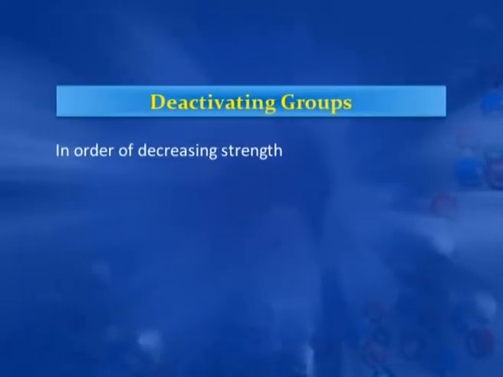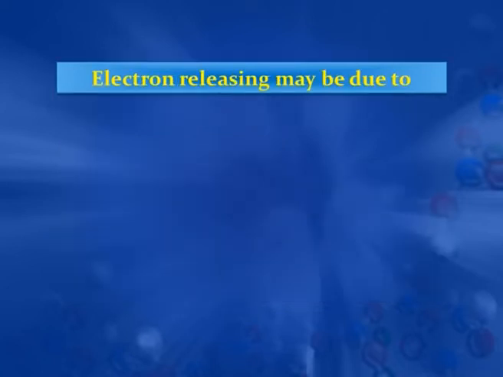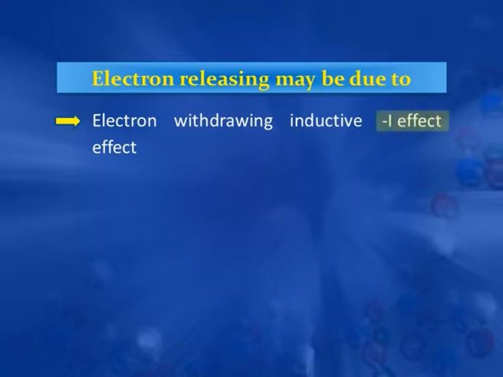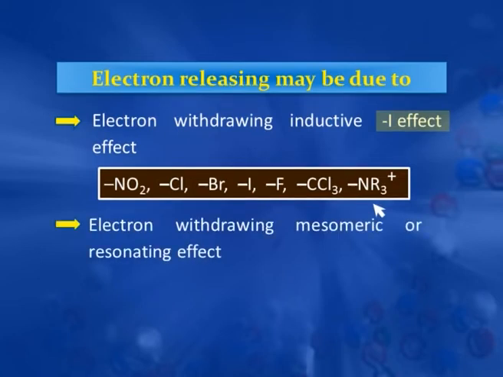Examples of these types of groups are the groups which have a positive charge or which withdraw electron density. For example, nitro, nitrile, sulfonic acid, aldehyde, ketonic group, acid, ester, amide, halogens. Now, again this electron withdrawal can be due to inductive effect, which is known as minus I effect. For example, halogens, nitro, CCl3, this containing a positive charge amine group, and electron withdrawal can be due to mesomeric